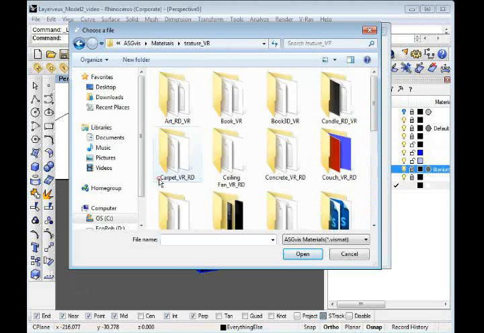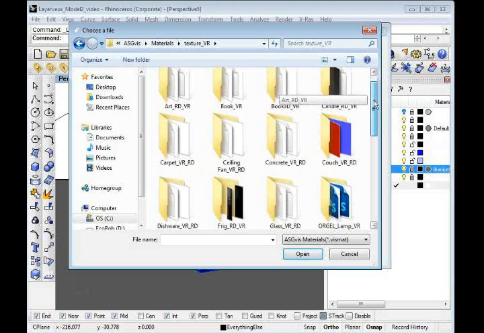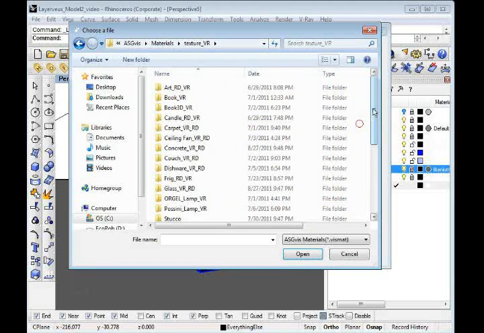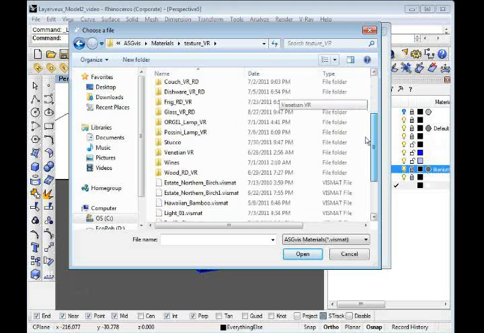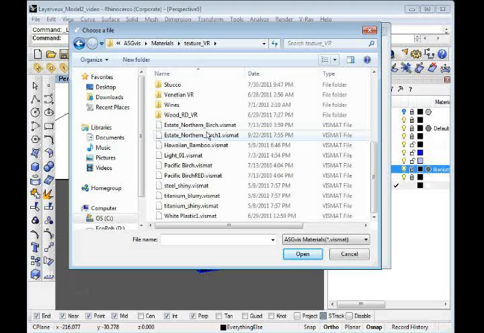I have one that's called Texture Vray because I've already started to create materials for different projects that I had before. So I have all these different options here. And as you become more efficient with the plugin, you'll start to create your own materials as you get into complex renders. The materials that I'm going to be using are basically anything with the extension of VISMAT, Visual Material. For this project, I'm going to be using the birch, Estate Northern Birch,